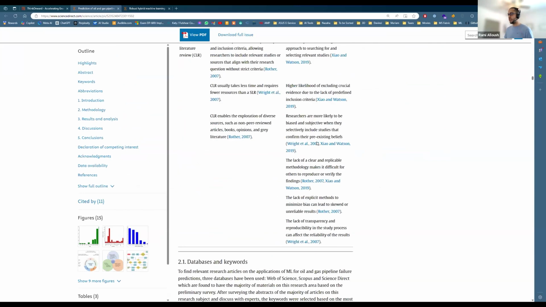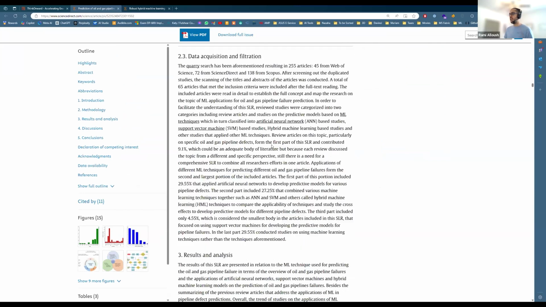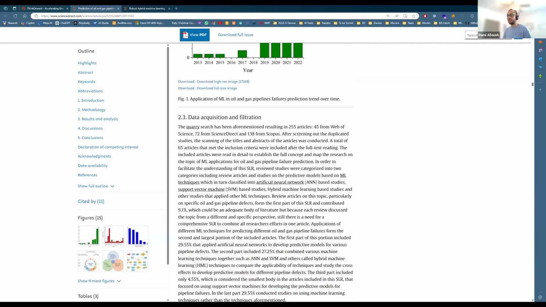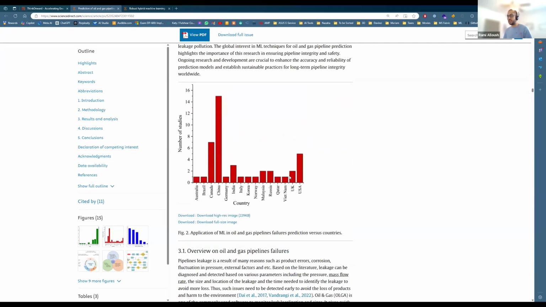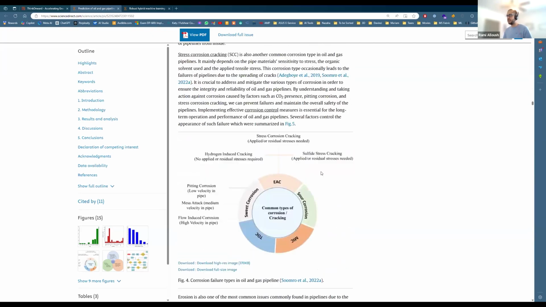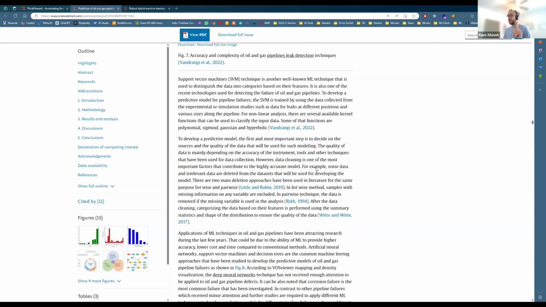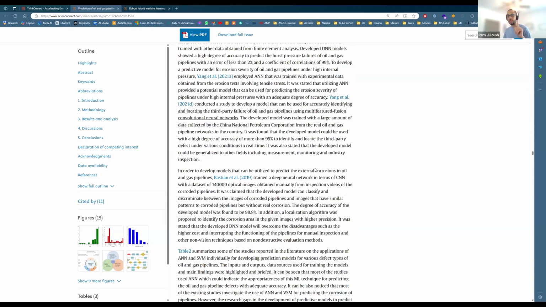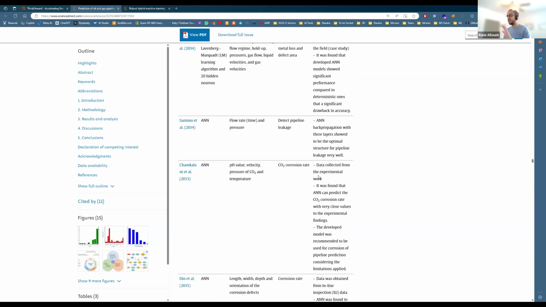Of course, we are not going through it in detail, but the rate of papers, you can see recently the number of papers jumped a lot, right? Very few people, one or two people, were talking about this in 2013, but in 2020, 2022, you have more than 25 papers. Countries, don't worry about that. So our objective is here. Again, a huge paper, but what I'm showing you, if you're really interested, want to study this, this could be